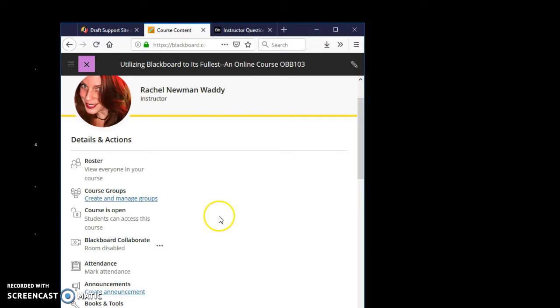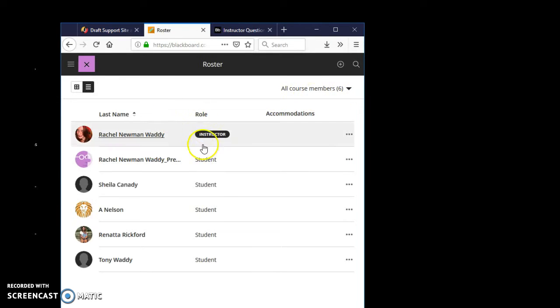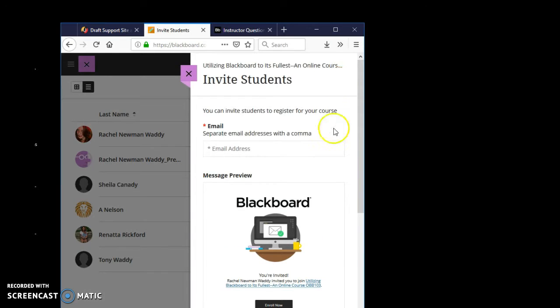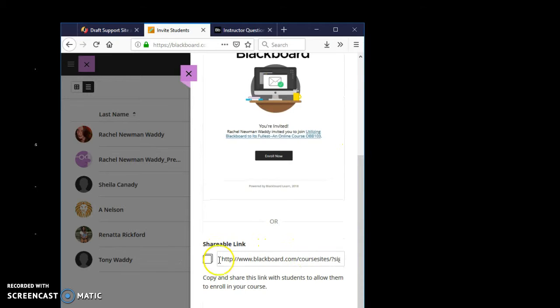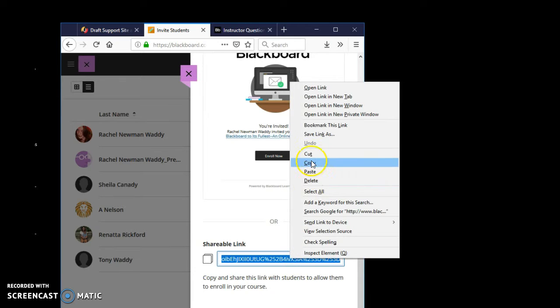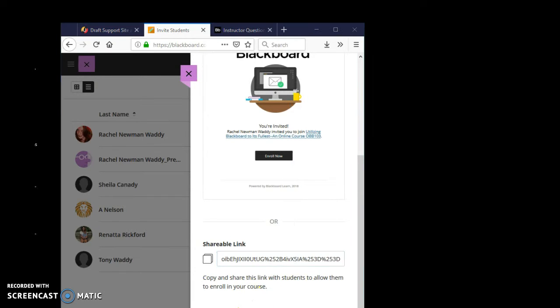Now, a secondary thing that you do to allow us all to register is you click on Roster, and you'll see yourself as the instructor. There'll be a plus sign up here to invite students. And you can invite them by sending them an email address or giving them the shareable link right here. So you click on this shareable link and copy it, and that is how you give us the link to